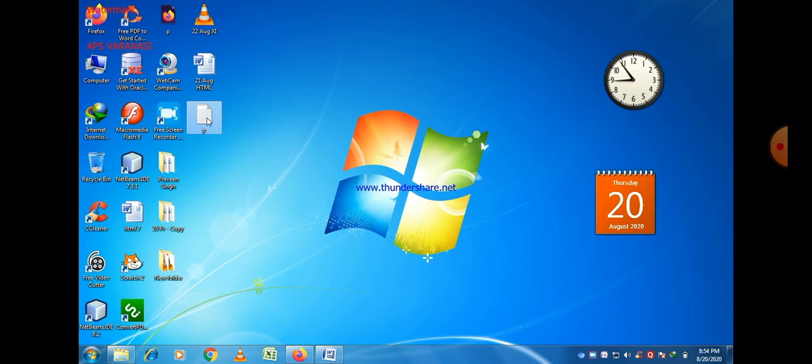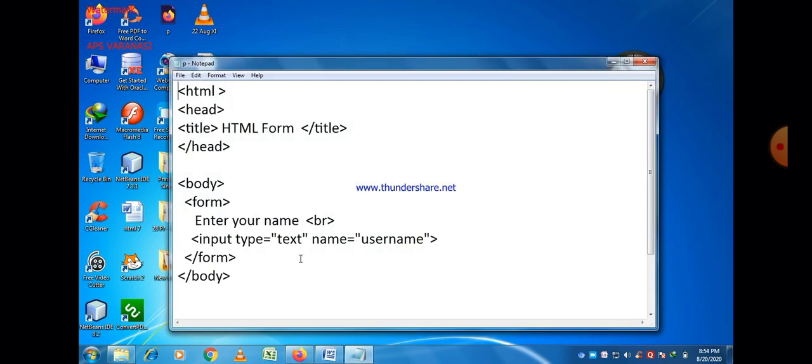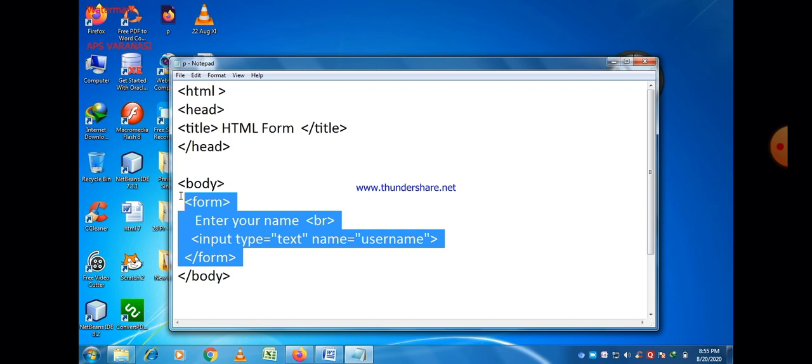This is a program already here. The notepad file is here, and the program will start from HTML because HTML is a root tag.